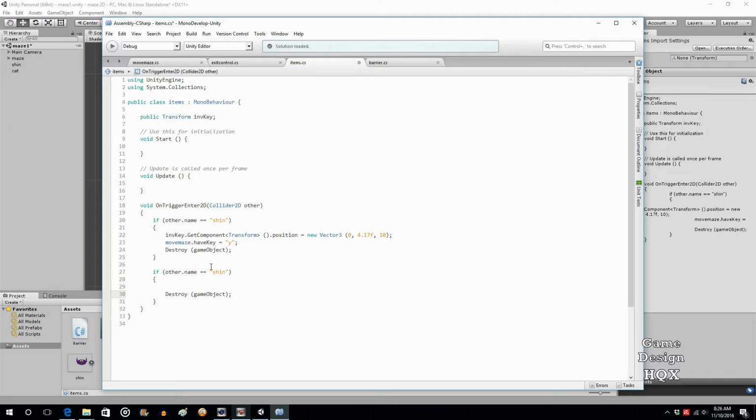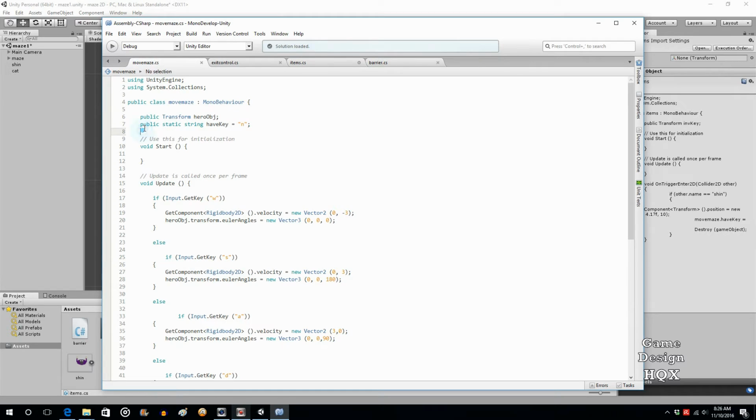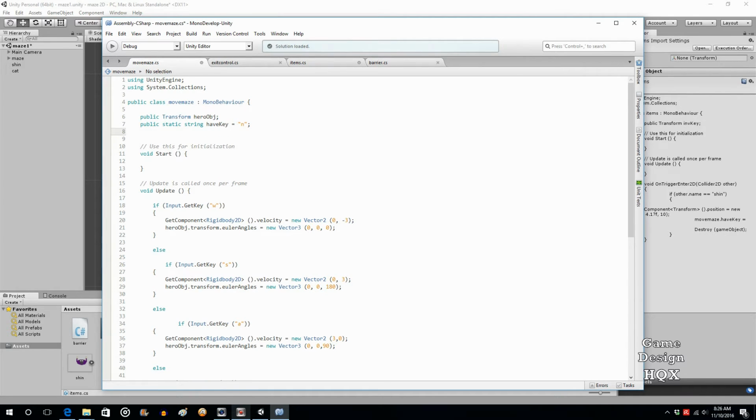We're probably going to want to track the fact that you have the cat. So it looks like the other variable for tracking your inventory was created in move maze. So we'll go to move maze and we'll create another public static string have cat